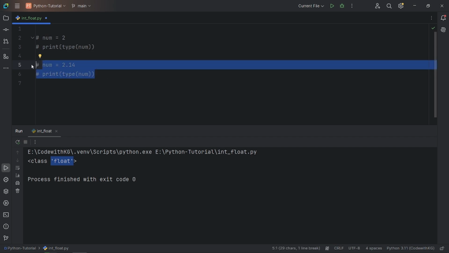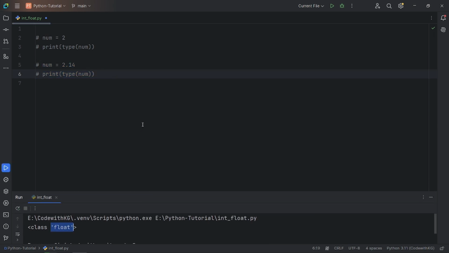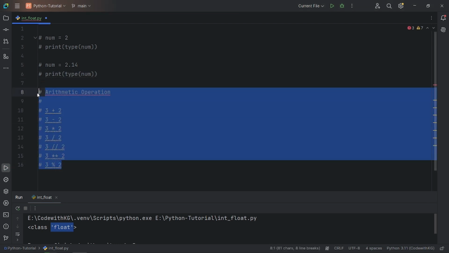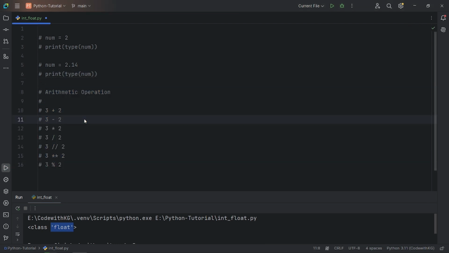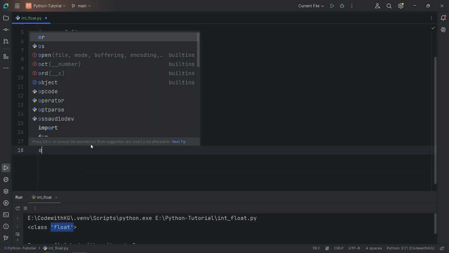That means arithmetic operations. I have a snippet of code already written, so I'm just copy and pasting here, and I'm making all this code a comment. I have already explained how to make a comment in PyCharm using a shortcut, so go ahead and watch my previous video where I explained how to make a comment of all these lines using the keyboard shortcut. Then here, if I just print here